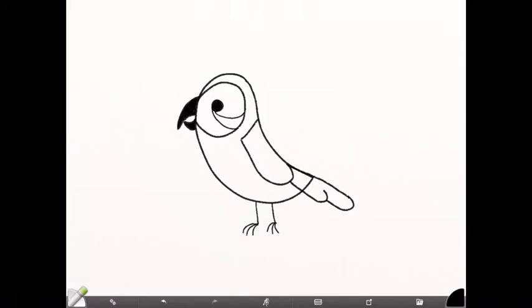Next, we're going to color in the main part of the parrot's body. I'm going to use a really bright red color, but you can use any color you want to. Pick something nice and bright though, because I think parrots are usually bright. Okay, while I am coloring in this red part of my parrot,